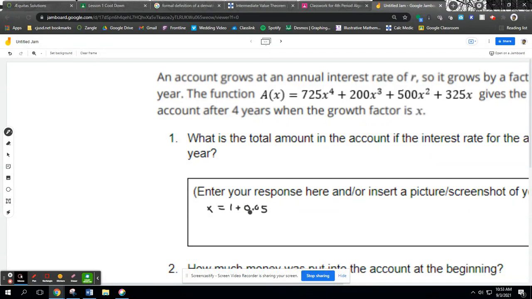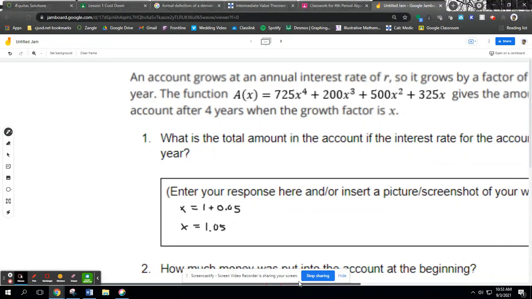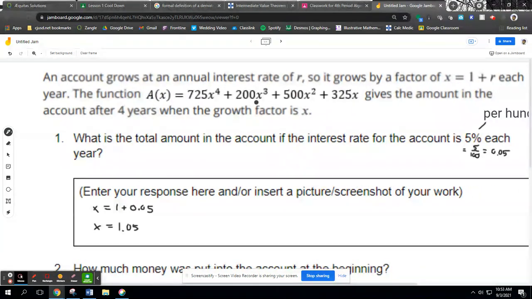If this was a percentage, I couldn't have added those together. So now x equals 1 plus 0.05, which is 1.05. So we have this growth factor now. That means in our equation, everywhere we see an x, we're going to replace it with 1.05. So we'll have A of 1.05